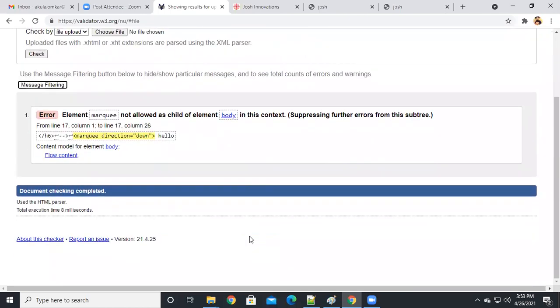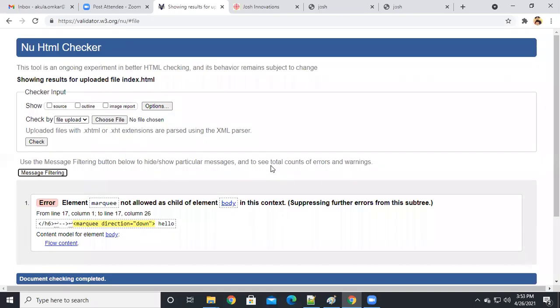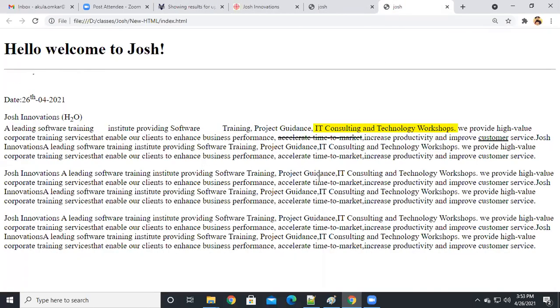It's a deprecated element, guys. Deprecated. So that's why we don't use this marquee. We can use it, not an issue, but as per standards we don't use this marquee and center element. Okay, at the end of the HTML course we will discuss which tags are deprecated and which are obsolete in HTML. But as of now, just remember that to scroll your content or image or everything, we use the marquee tag. To scroll, we use the marquee element, guys.